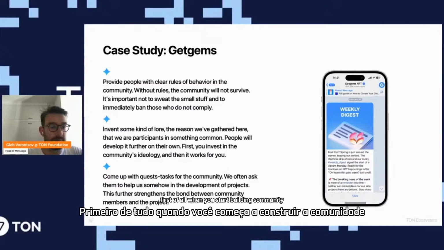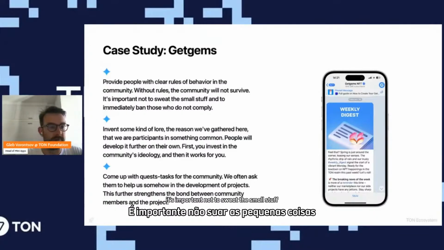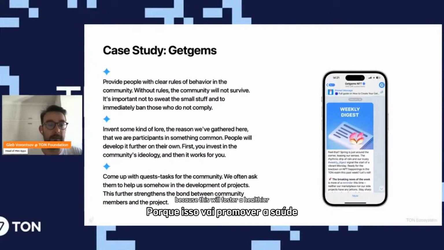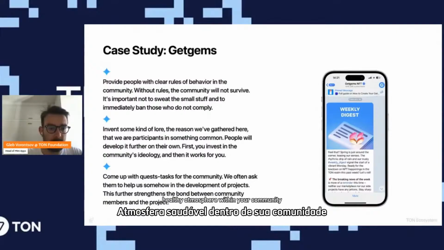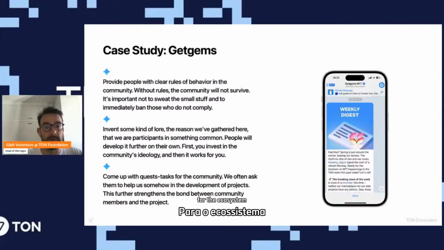First of all, when you start building a community, provide people with clear rules of behavior. Without rules, community will not survive. It's important not to sweat the small stuff and immediately ban those who do not comply, because this will foster a healthy atmosphere within your community. And try to invent some kind of lore for the ecosystem,